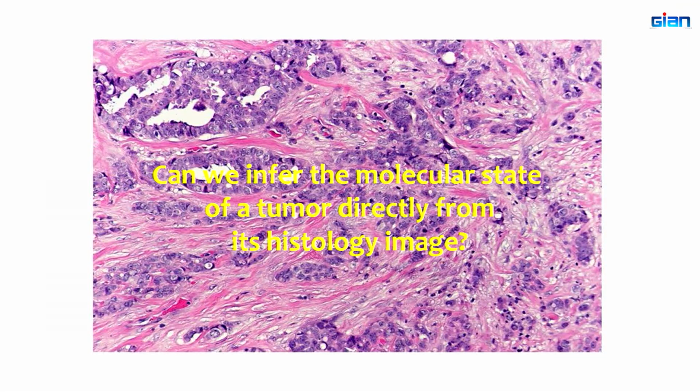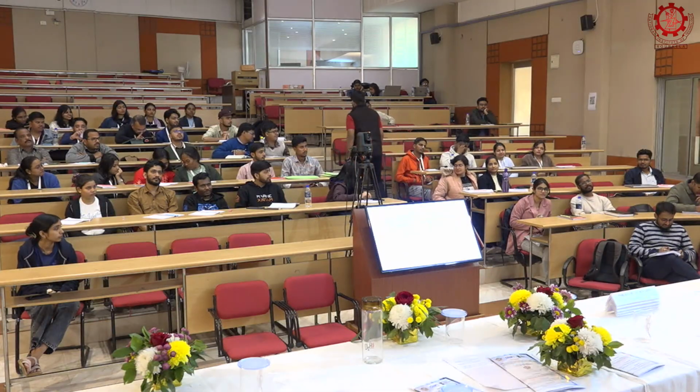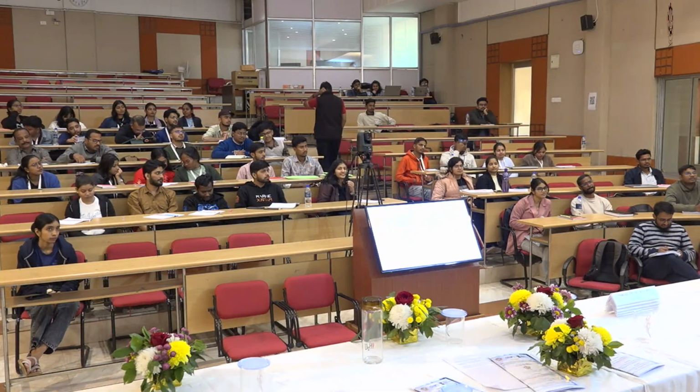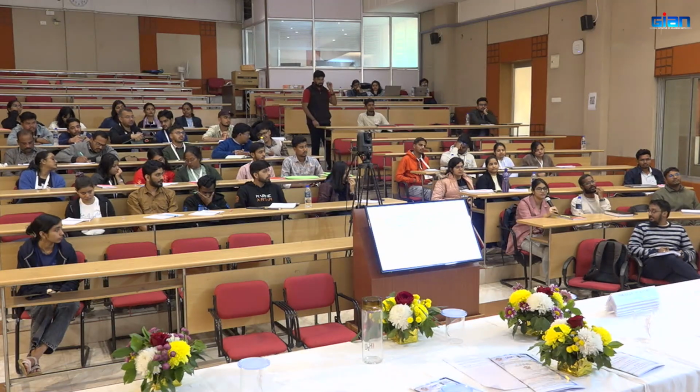Okay, so some of you here are working with transcriptomics, right? What if we can actually infer the molecular state of a tumor directly from the histology image? Why would we want to do this? Why do you think something like this will be helpful, inferring the molecular state or the omics directly from a histology image? It will give you the level of the gene,